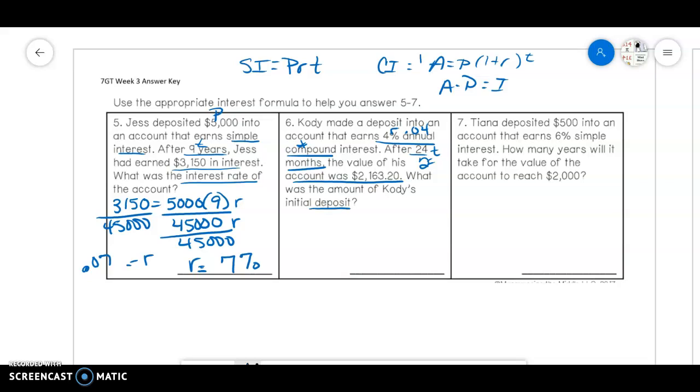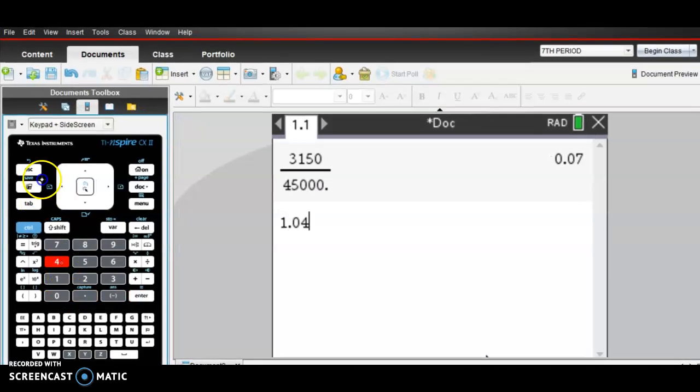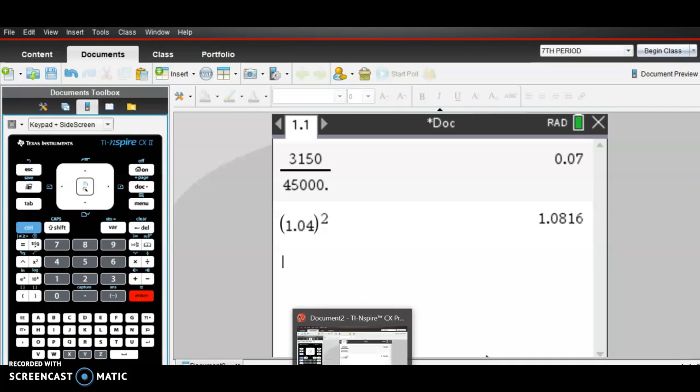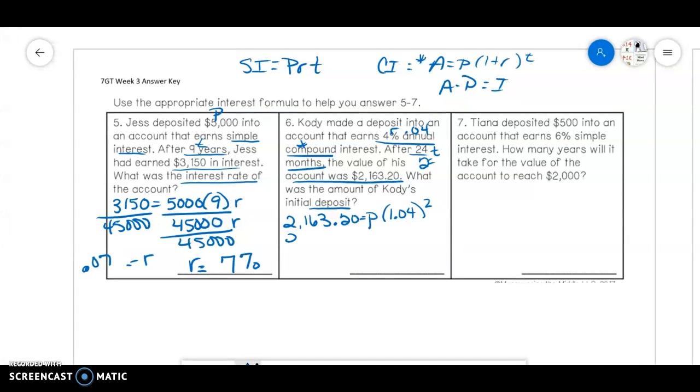So now we are coming up here and we're using this formula. $2,163.20 is equal to, we don't know what his original amount was, 1 plus 0.04 is just 1.04 to the second power. So we're going to break this into chunks and use our calculator. So 1.04 to the second power, we're going to go ahead and call that 1.08. So we have